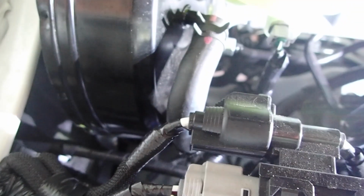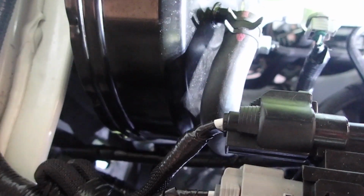Right guys, we've got our cable through. I don't know how well you can see it, but there it is there. So I've armoured it all the way up. So